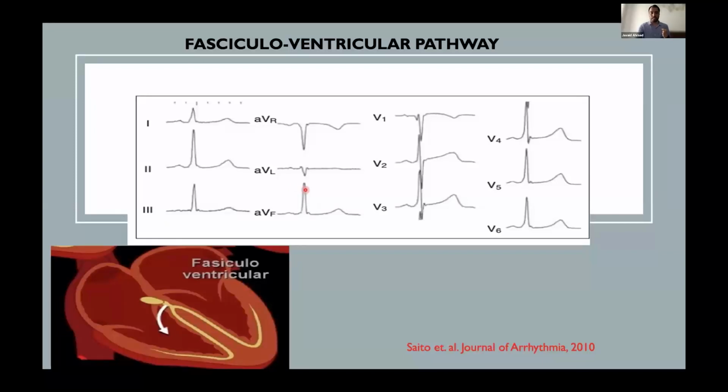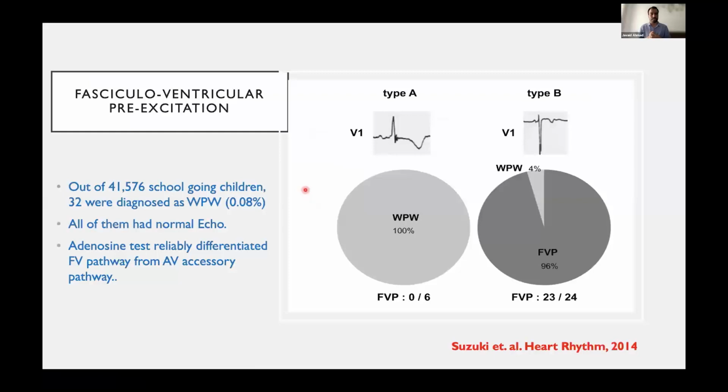In a very interesting study done in China, more than 41,000 school-going children were screened with ECGs for pre-excitation. They found 32 cases of WPW, and they subjected all of them to adenosine testing to differentiate true AV pathway versus fasciculoventricular type of pre-excitation. What they found, the type B, which was previously classified, so these will be in modern classification systems, most of these pathways will have the right septal kind of thing. So among